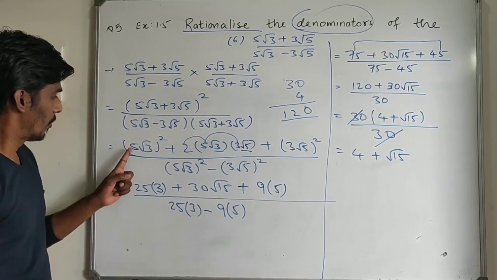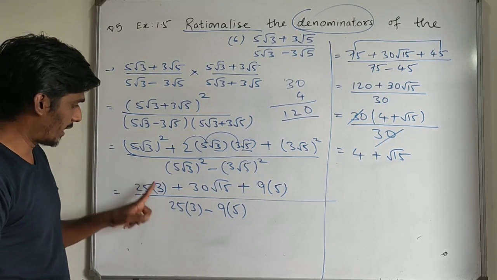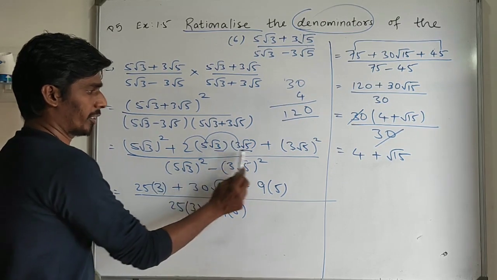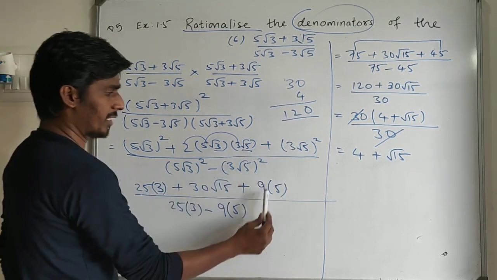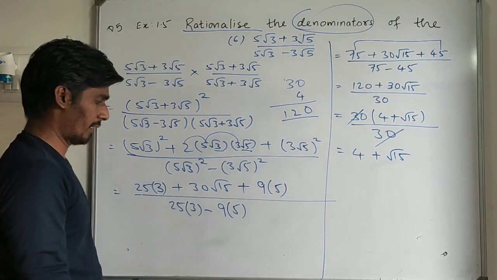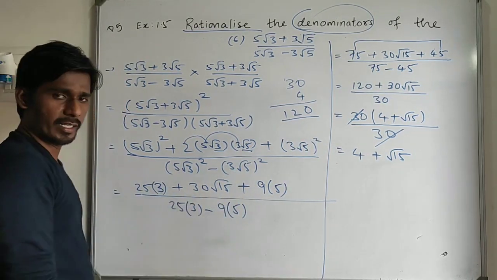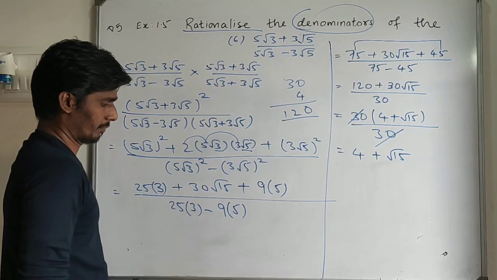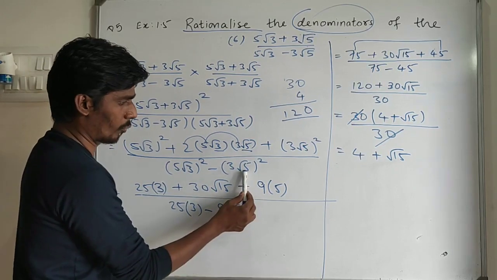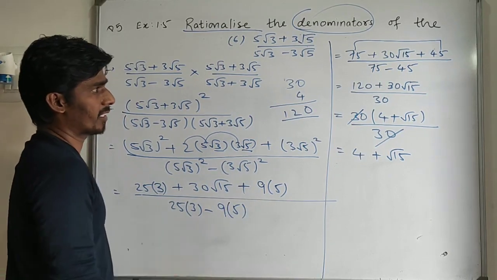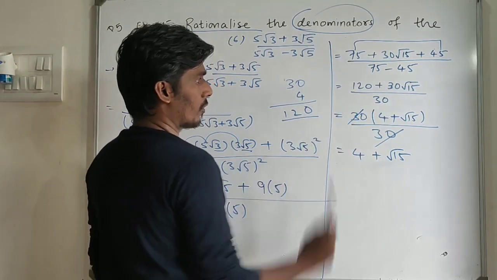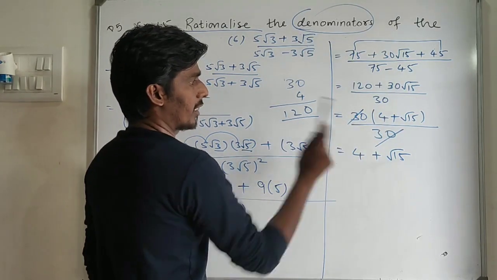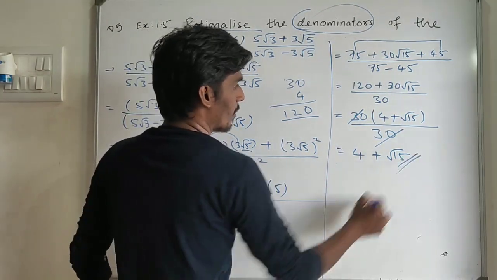अब इसका एक्सपेंशन 5 square is 25, root 3 का स्क्वायर 3. 5 2s are 10, 10 3s are 30. Root 3 into root 5, root 15. 3 square 9, root 5 square is what? 5. And in denominator same thing, a square minus b square. 5 square 25, root 3 square 3. 3 का स्क्वायर 9 और root 5 का स्क्वायर 5. So subtract these two. 75 plus 45 is 120. दोनों में कॉमन 30. 75 minus 45 is 30. 30 get cancelled. So this is your final answer.